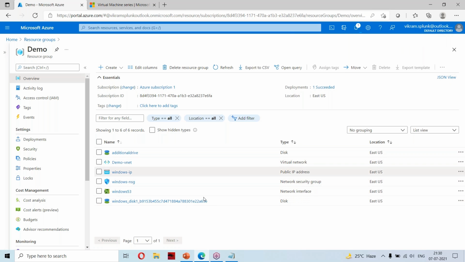So if you are creating some environment for a POC, in that POC environment you are spinning up some 20 machines and you are using some disks and some storage. Now your job is done, that POC is done, you have taken all the evidences and everything is fine. Now, instead of deleting each virtual machine, just delete that resource group, then all the infra that was created will be deleted in one shot.